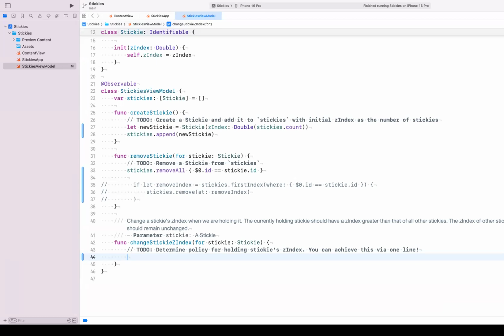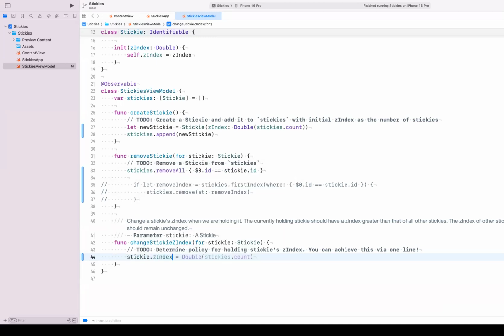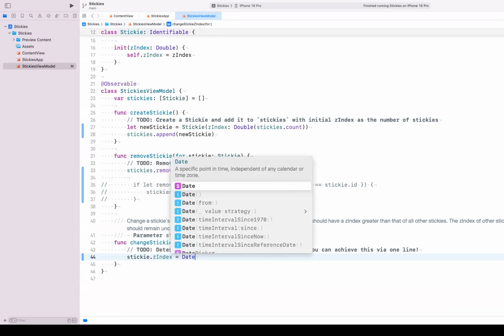Any ideas? Yes. Yeah, something like that. So you can think about the current time as a number, right? And the current time right now, that number is greater than that time number a second ago or 2 seconds ago, and so forth. So what we could do is sticky dot z index equals, on the date there is a property called